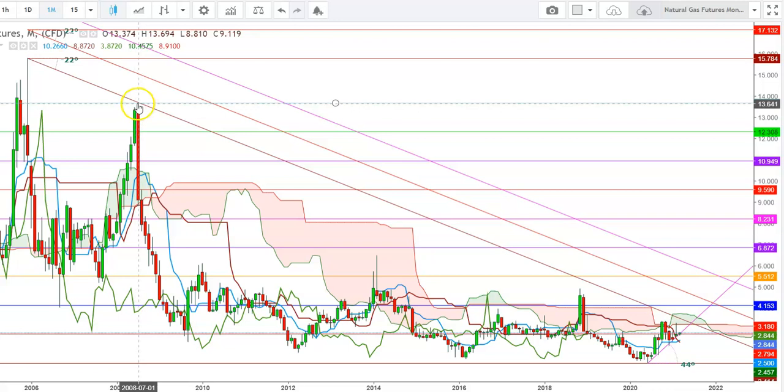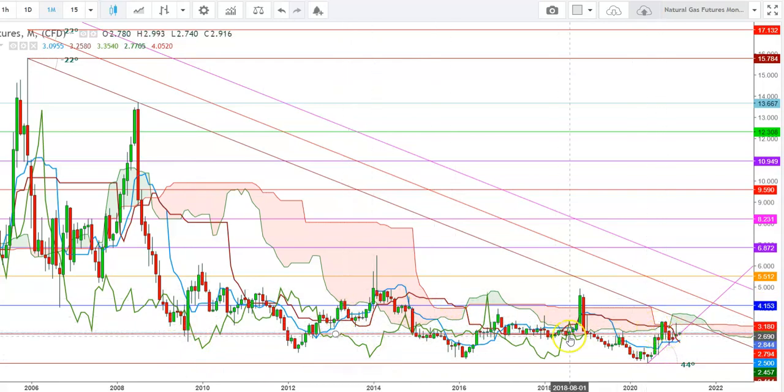But since July 2008 the natural gas futures started to move downward, and here you can see that there was a steep fall in natural gas futures which continued up to August 2009, when the natural gas futures tested the lows of $2.563. So friends, here you can see that I have drawn some support and resistance levels for natural gas futures